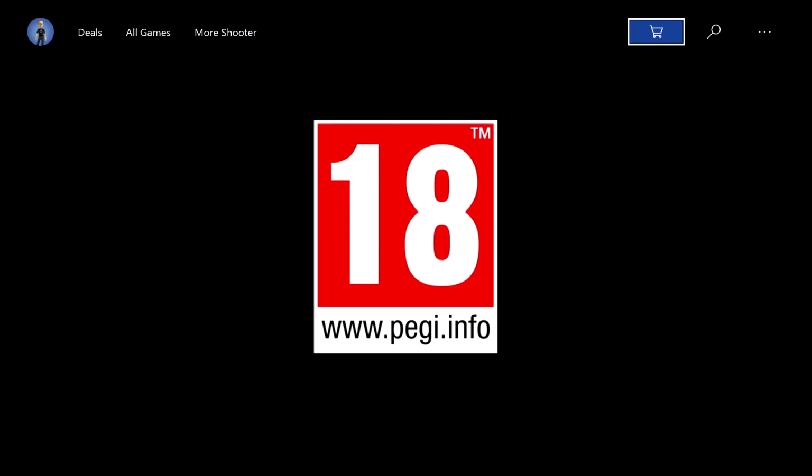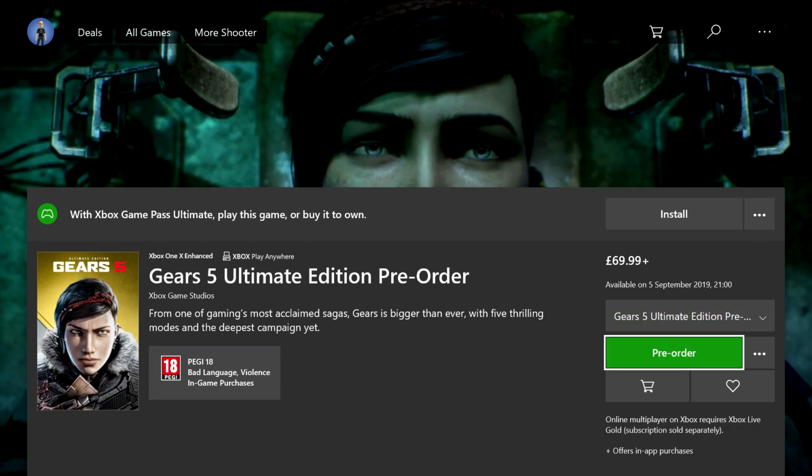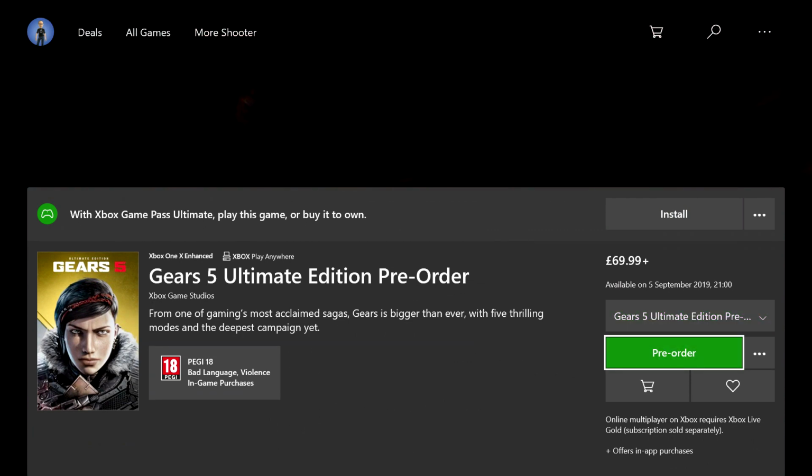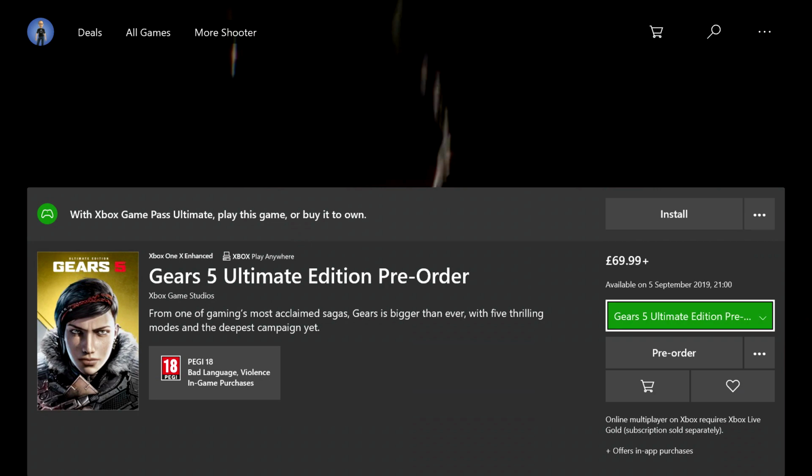So if you click on that, and as I say, this will work for all games that are being released on Game Pass. As you can see here, we've got pre-order, the various options for Gears. You've got the standard edition and you've got the ultimate edition. And then at the top here, you've got install. On the left-hand side next to that, it says, with Xbox Game Pass Ultimate, play this game or buy it to own. So all you'd need to do is choose to install it, and it will install